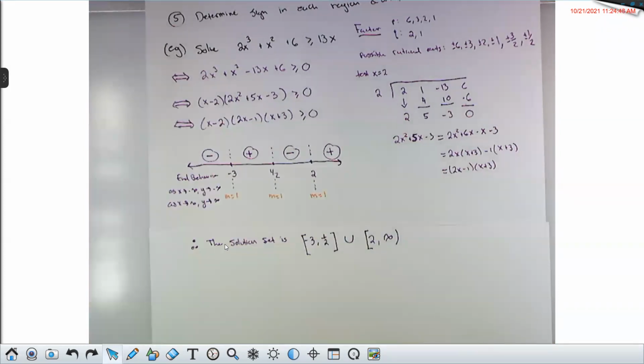So kind of the very last thing you need to do is check and see whether your endpoints are a part of the solution set or not. And for a polynomial inequality, that's pretty easy. If it's a greater than or equal to or less than or equal to, you'll include all the endpoints. For a rational inequality, you need to be careful because maybe one of these endpoints would make the downstairs equal 0, and then you would have to exclude those. But we'll look at something like that in just a minute. Are there any questions about how we arrive at this solution?